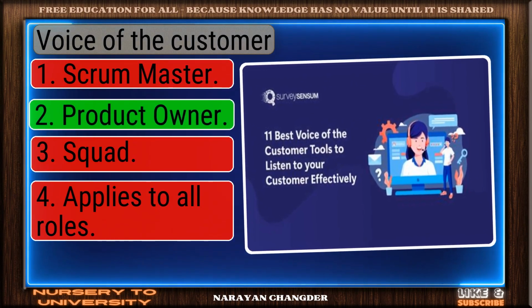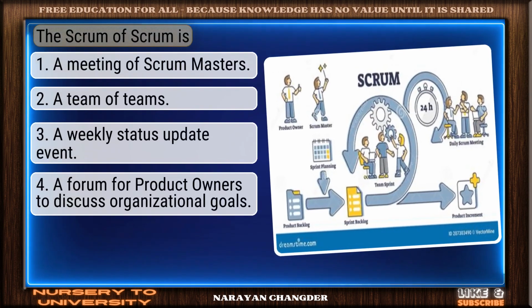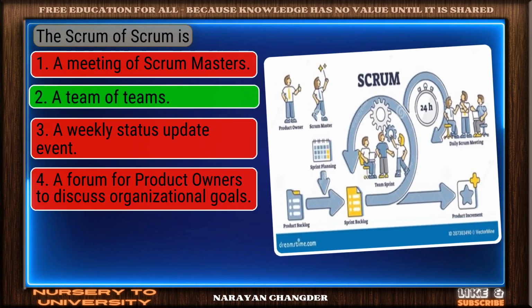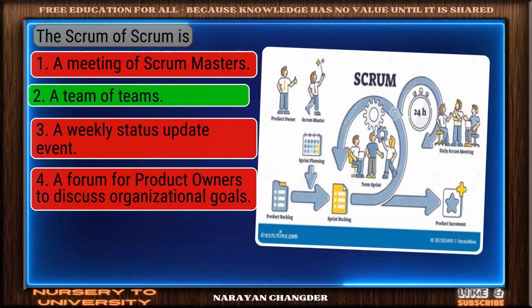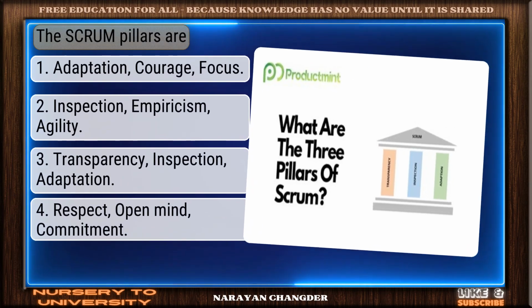Smart pick. Product owner is the correct choice. Question number 64. The Scrum of Scrums is. Good thinking. A team of teams is the right answer. Question number 65. The Scrum pillars are